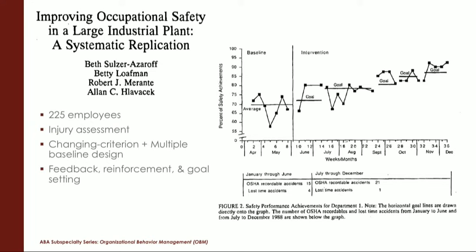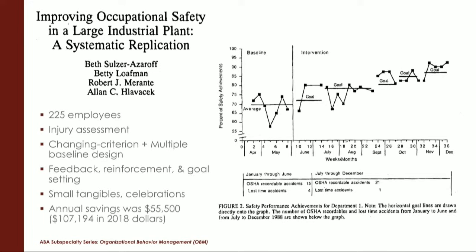to evaluate the impact of giving people feedback and reinforcement for achieving on these checklists, and then setting goals for each of them as well. And so over time, you see that performance went from 70% on average up to 85% or so, and it was very systematic, and it was not punitive. It's not coercive. To my knowledge, no one was fired. They used positive reinforcement. They used feedback, and then they saved money.